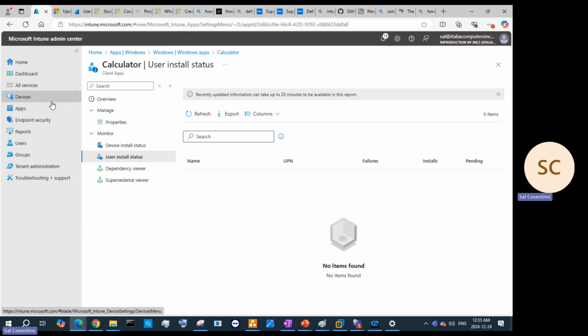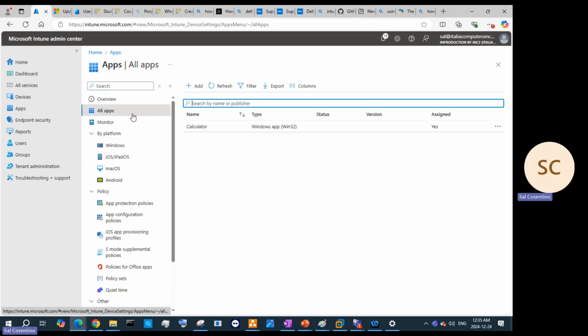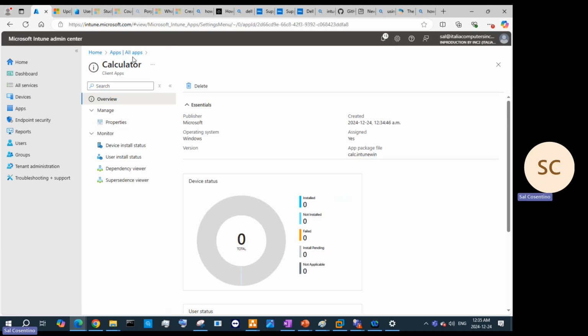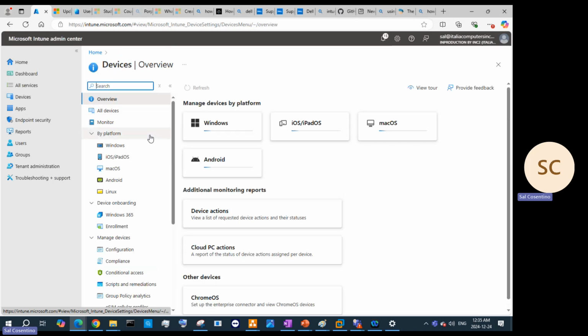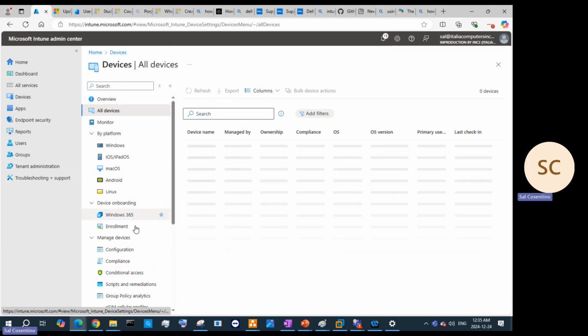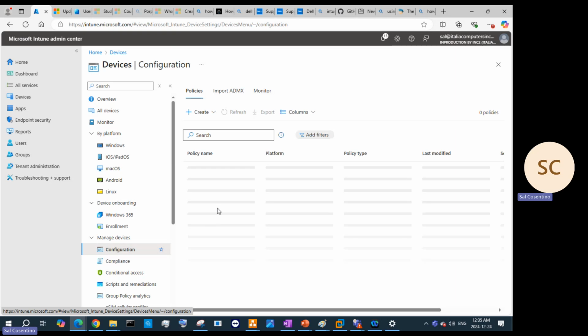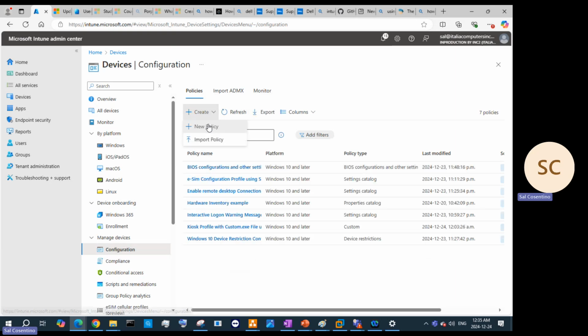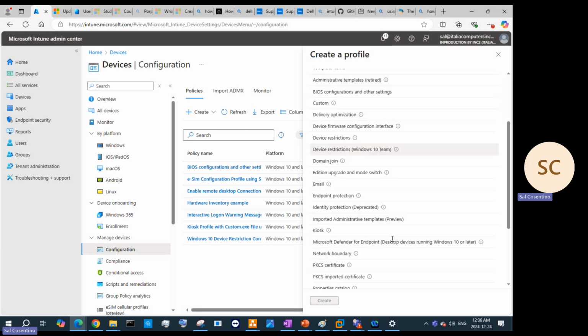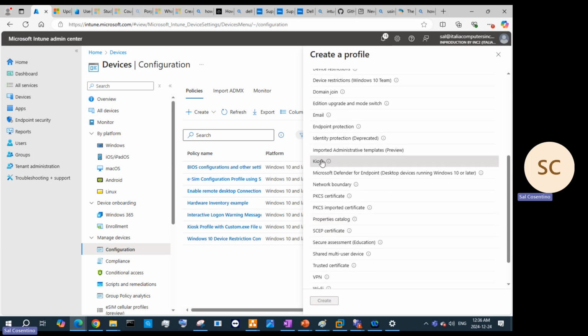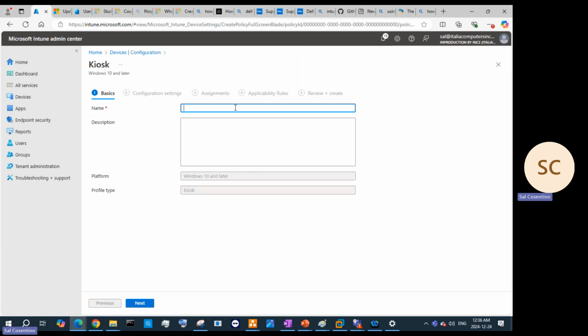If we go to devices now, go to apps, all apps. There's the Win32 app now. I can, no problem. So that's good. All devices, configuration, let's create a kiosk, Windows 10, templates, kiosk, create, create test,